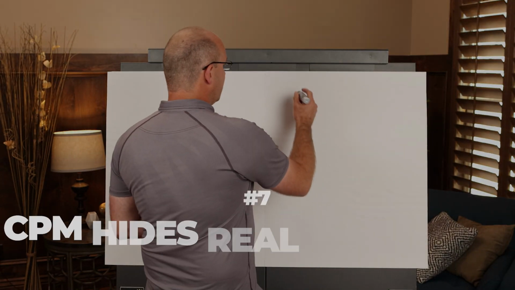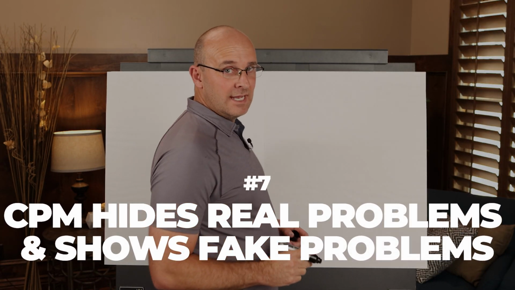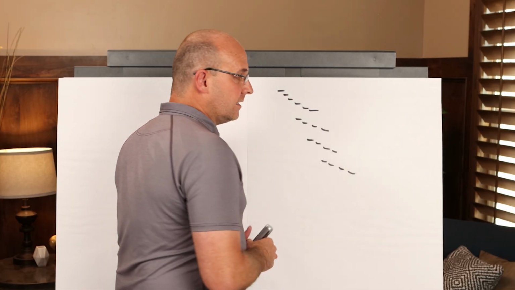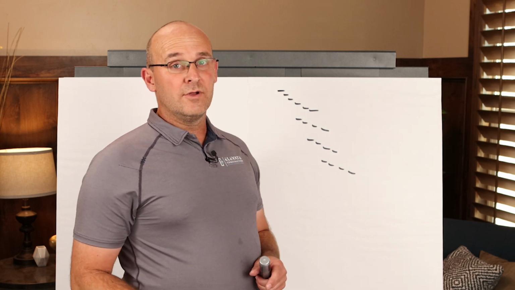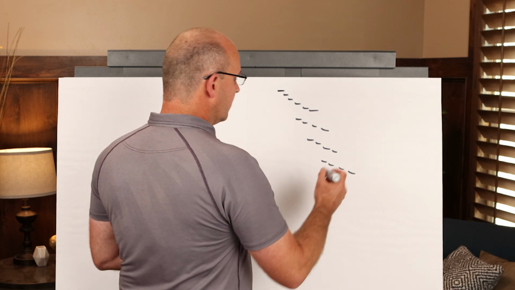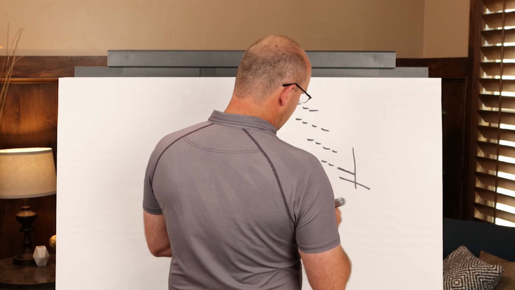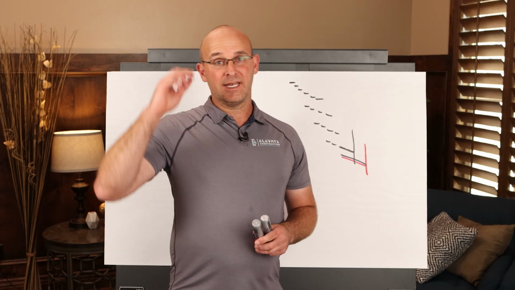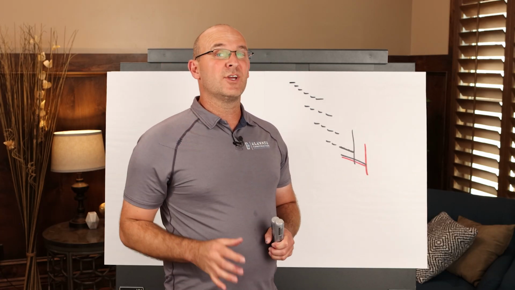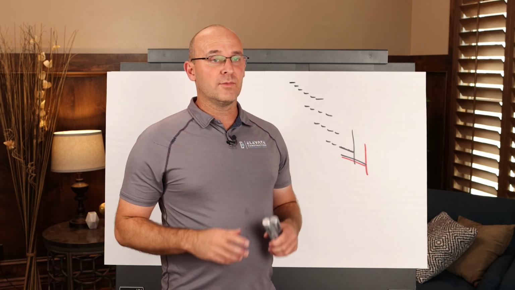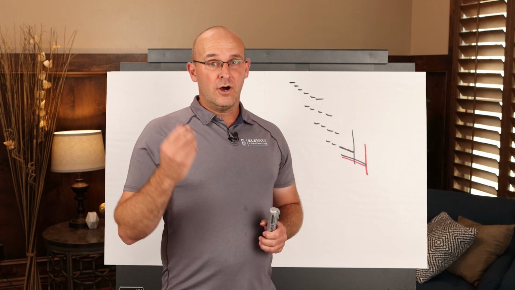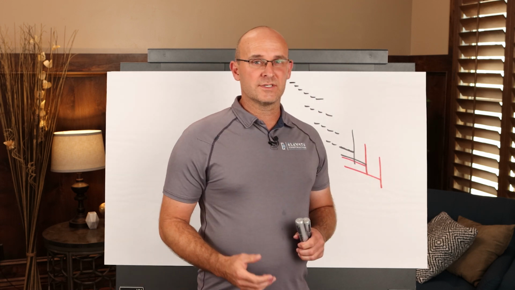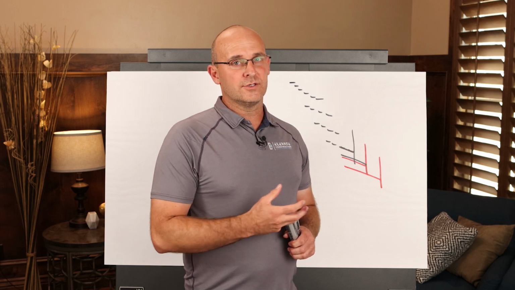Number 7, it hides problems, real problems, and notifies us to a lot of fake problems. So in the overall CPM schedule, you've got slippage reports, we've got float trends, we've got the critical path analysis, we've got all kinds of things to tell the contractor when they've overshot the actual end date, but never in any one of the reports can CPM tell you what to do about it. It's always add more labor, add more money, work more overtime, overburden resources. All of those are proven to actually make it worse and extend the project. In the TAC production system, there's at least 12 key strategies that you can use to recover your project without